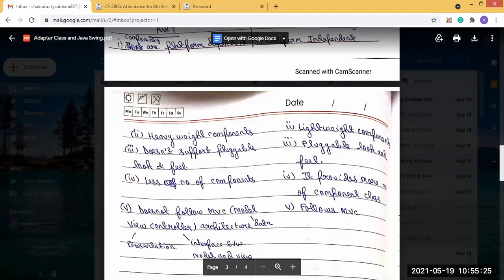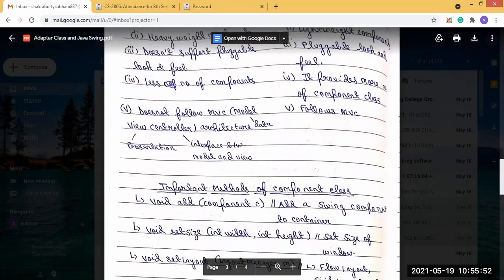AWT doesn't follow this MVC model, but Swing does. So these are some of the basic differences between Java Swing and AWT.